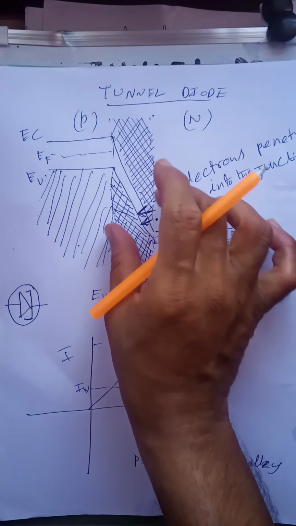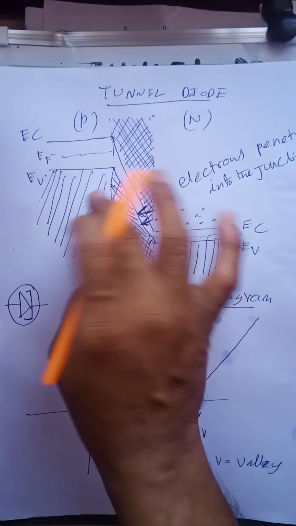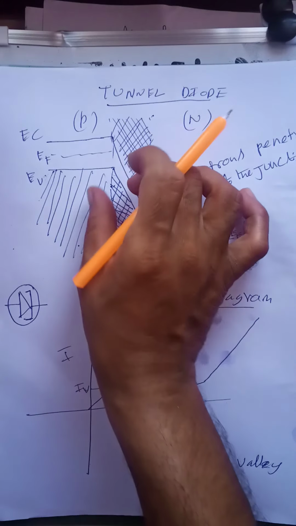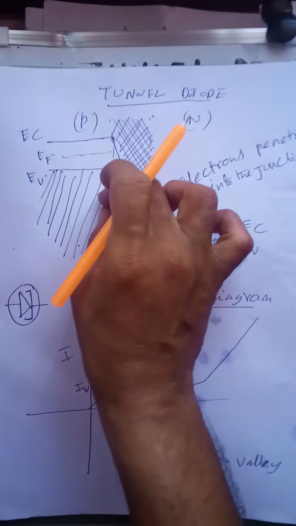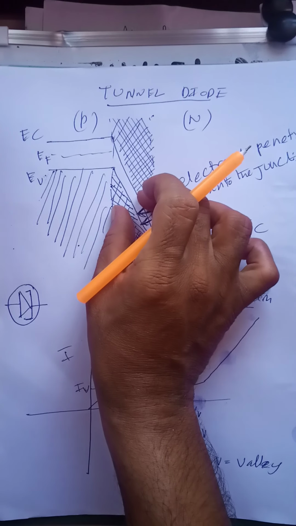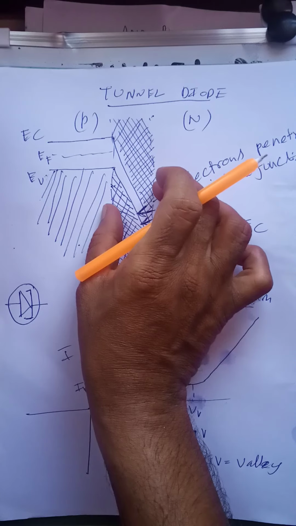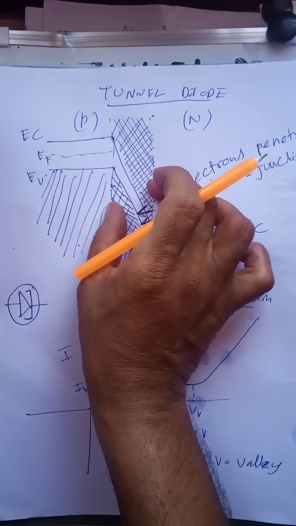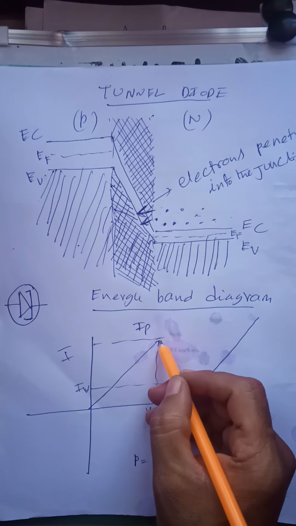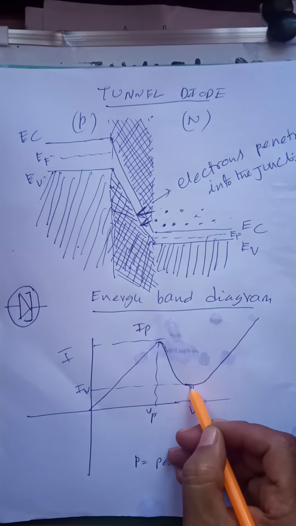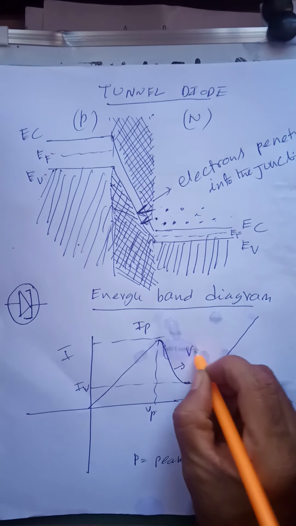But once they are penetrating, they accumulate and become neutralized. Once they enter, this portion is neutralized by the holes and this part is neutralized by the electrons, and then the depletion width is again becoming wider, slowly. Thus, once it reaches the peak, the current falls down again, because of negative resistance.